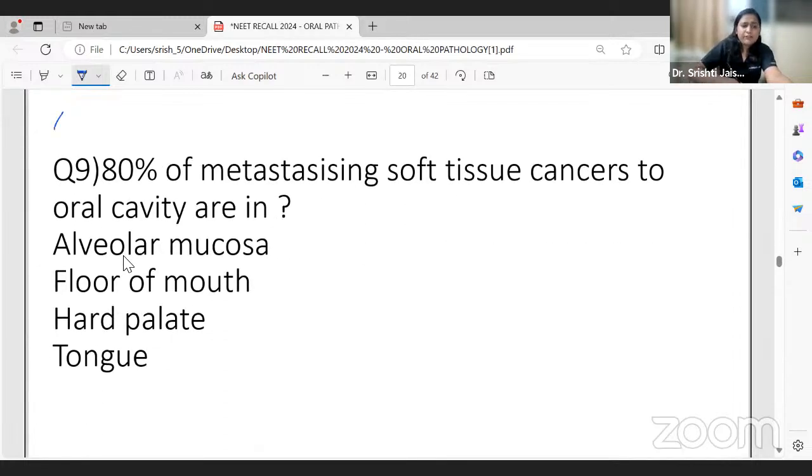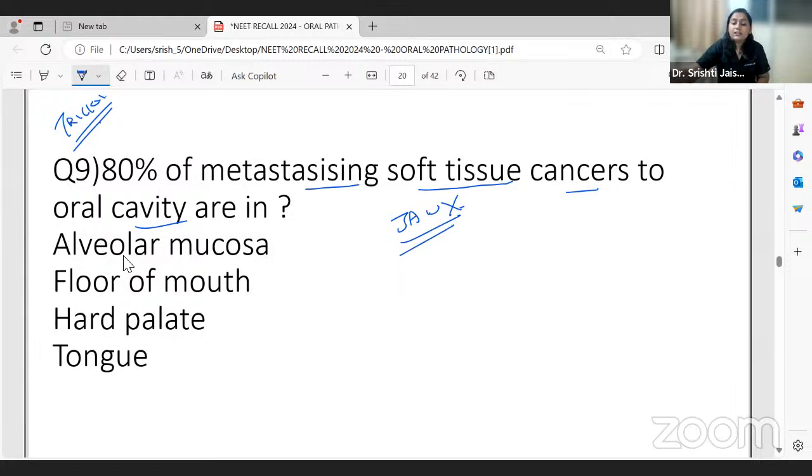Now this was a very tricky question, and it totally depends upon the examiner, because many of the articles say this, some of the articles say that, but still, okay, we will follow Schaefer's and we will mark accordingly. So 80% of metastasizing soft tissue cancers to the oral cavity. Okay, so we know that 80% of the metastasizing soft tissue cancers in the oral cavity are present in jaws. Okay, that is mandibular, but